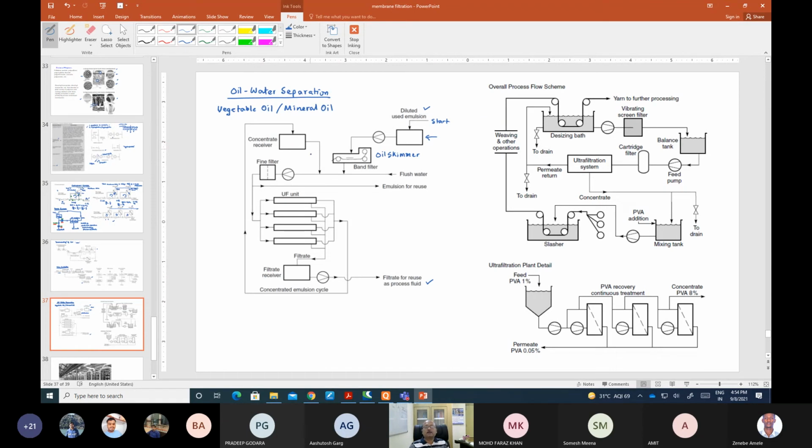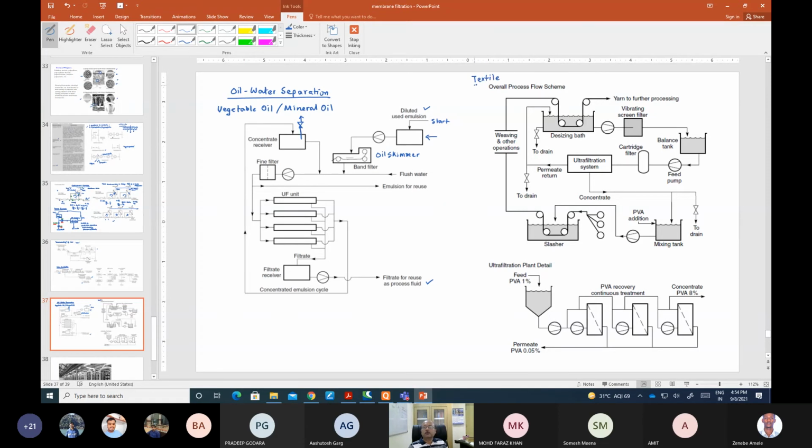This is the concentrate reservoir, and then you try to concentrate this part right here, and there will be a bleed line, which is not shown here. The bleed line will take the emulsion from here, or you can bleed from here also. So this is one process, and then this one is from textile,